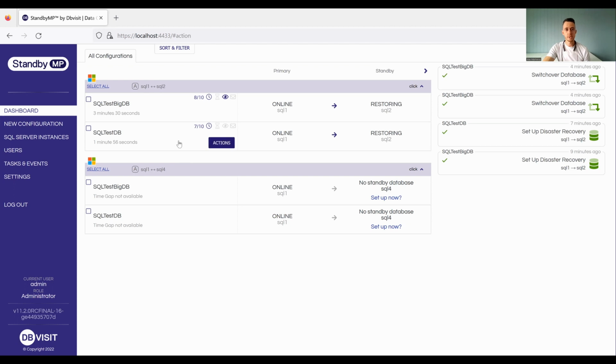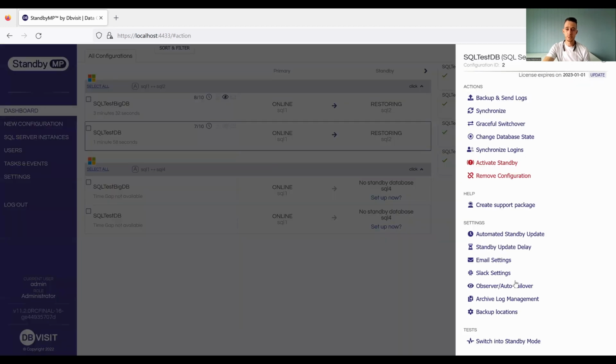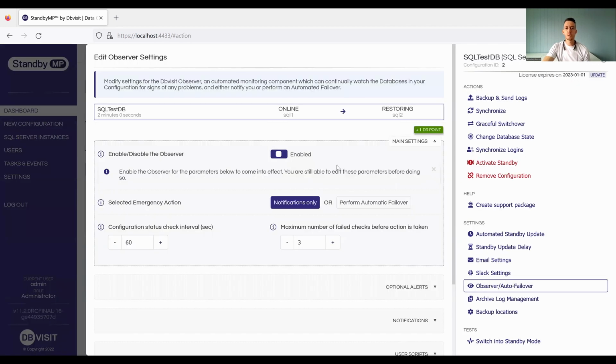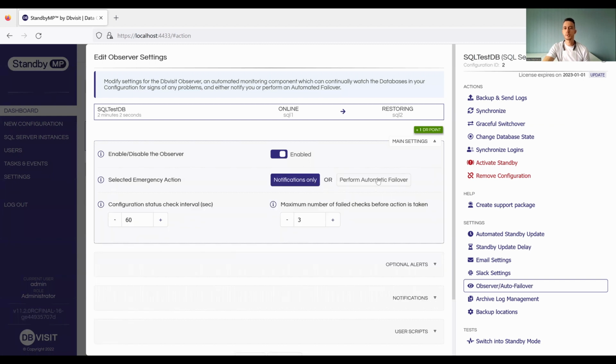We go into a configuration and back to that Observer feature I just showed earlier. Together with all of the various checks it does, you have the option to actually perform an automatic failover if these checks detect that something went wrong. So here you can configure the status check interval and the maximum number of failed checks before the action is taken. So you could, for example, say, all right, if there is a problem detected with the primary database state,